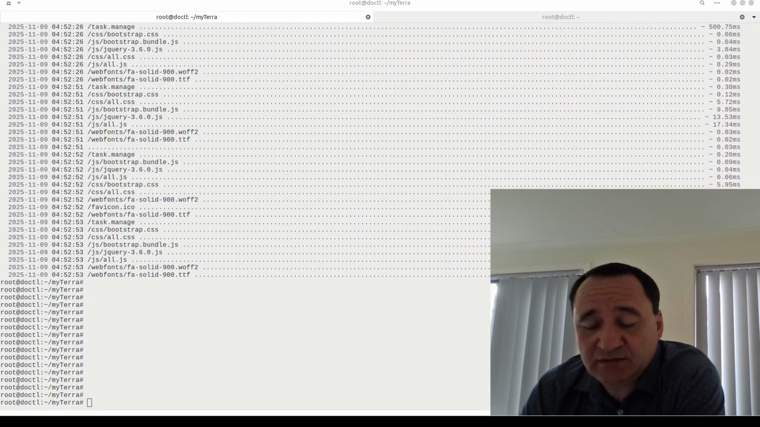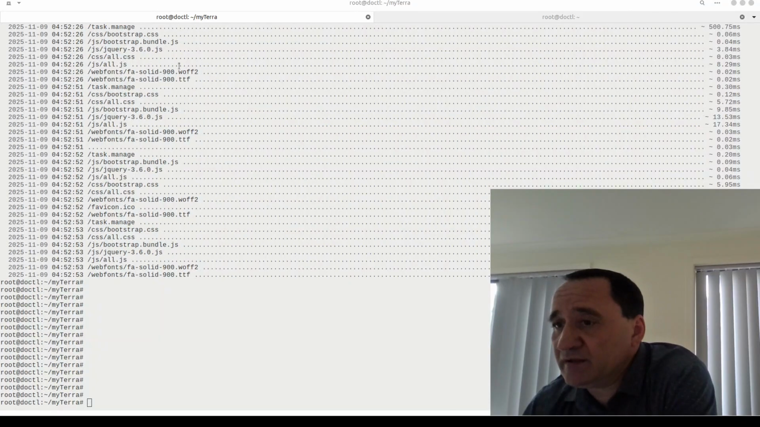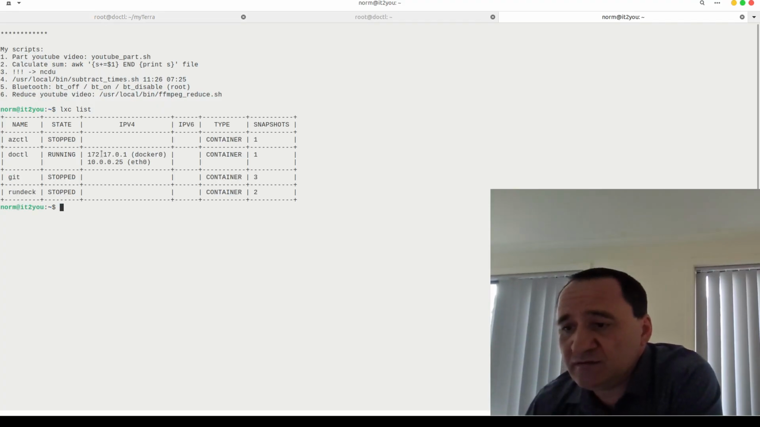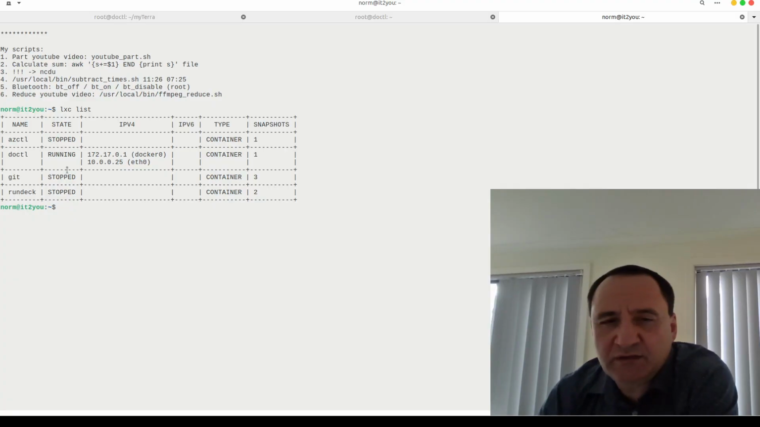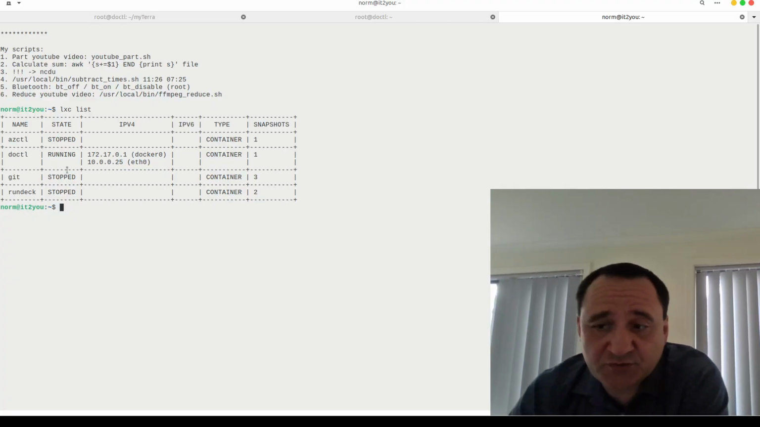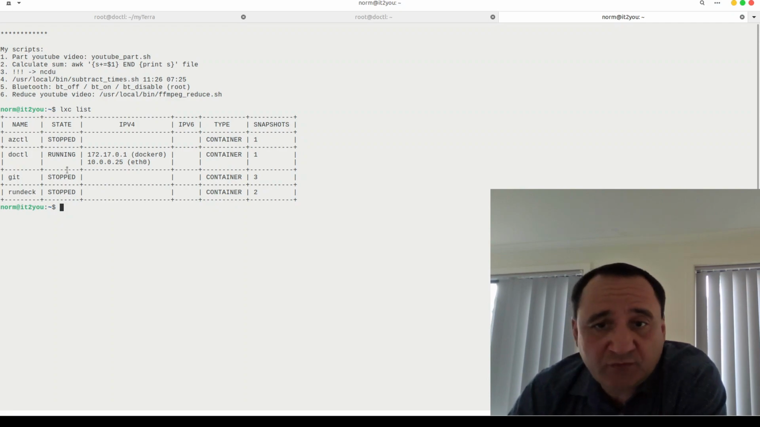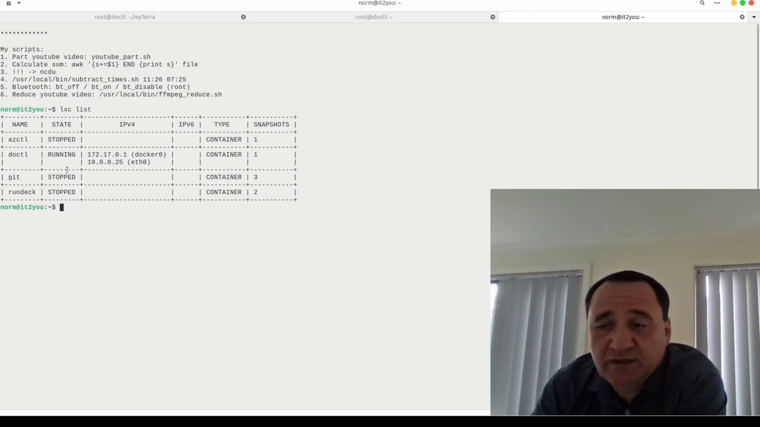So if I look at my containers and I go into LXC list, it gives me the containers like these. Actually, some of those containers are still 2204, but I'm pretty sure that Docker control is actually 2404. So here you go. You're using